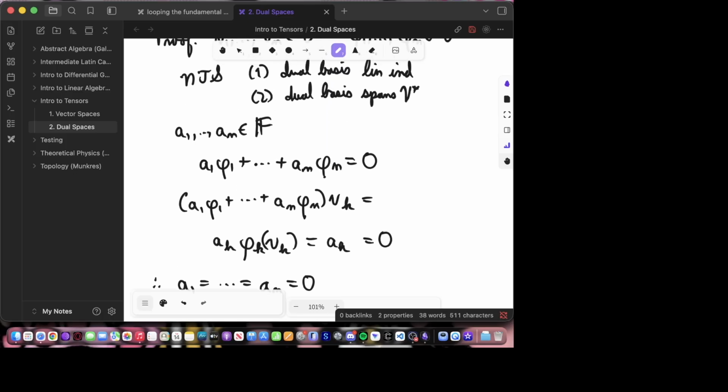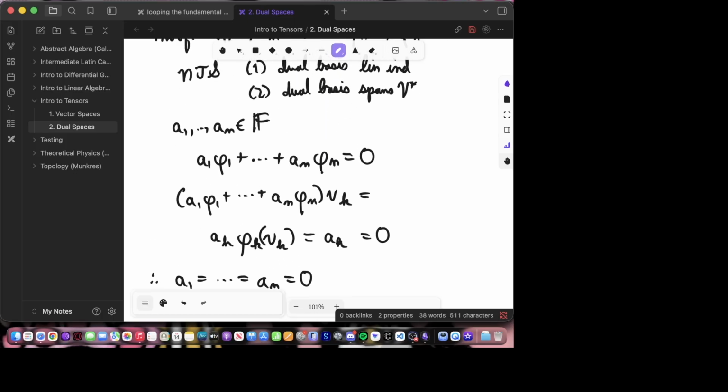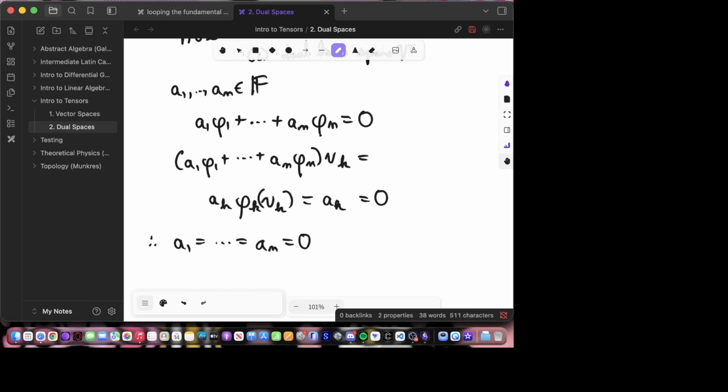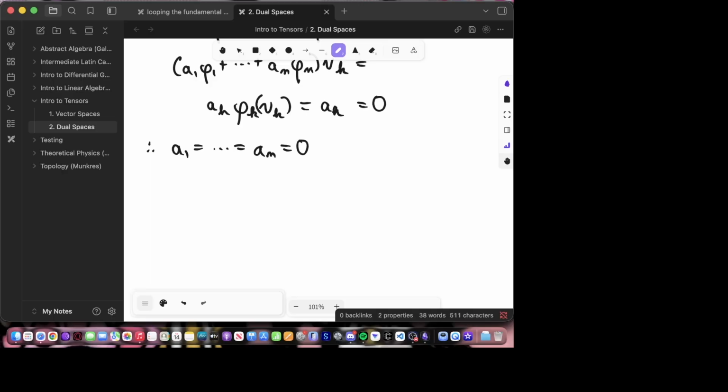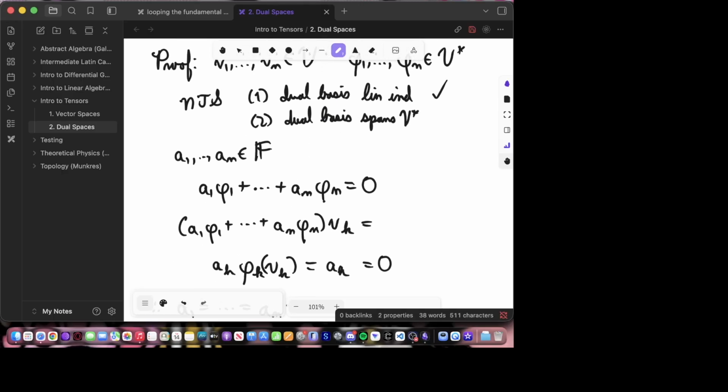So we have shown that if a linear combination of the dual basis is equal to 0, then the coefficients must be 0. So it is linearly independent. It's also pretty easy to check that the dual basis spans the dual space, because if you take a dual vector, you will be able to decompose it into its constituent parts. That is a linear combination of